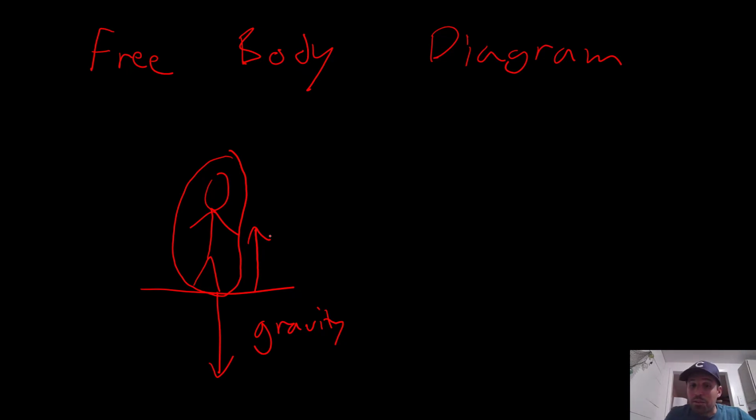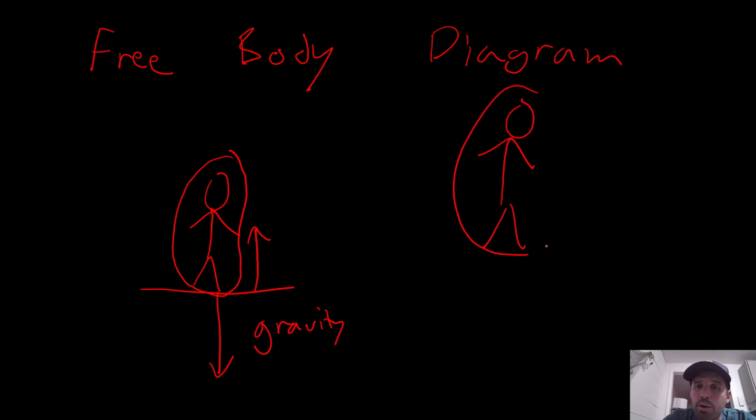So let's make something exciting happen. Let's take our guy and let's drop him out of an airplane. So he's dropping out of an airplane. Pretty freaky. He's just free falling through the sky. So he still has that same force. If we draw that bubble around our guy and just think about him as a system or him as an object, he still has gravity